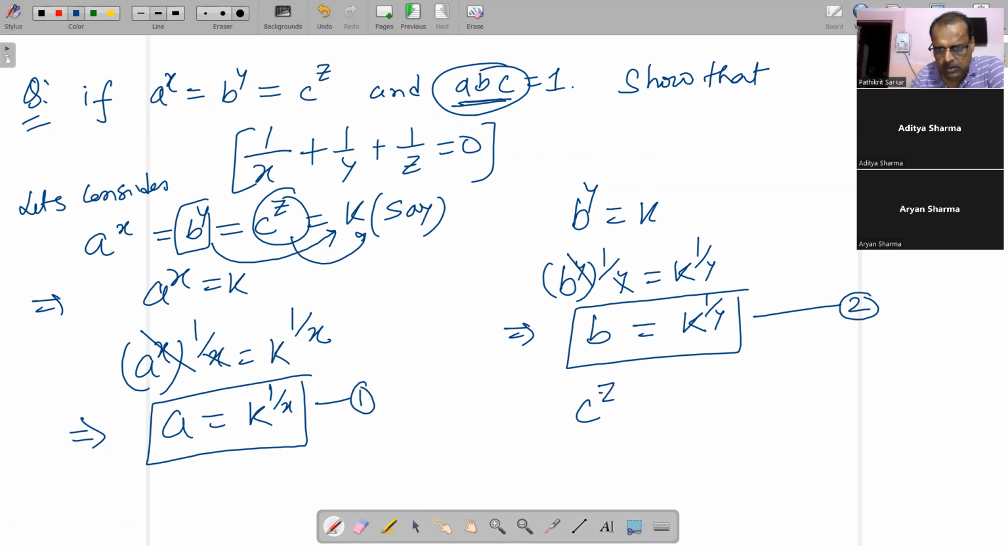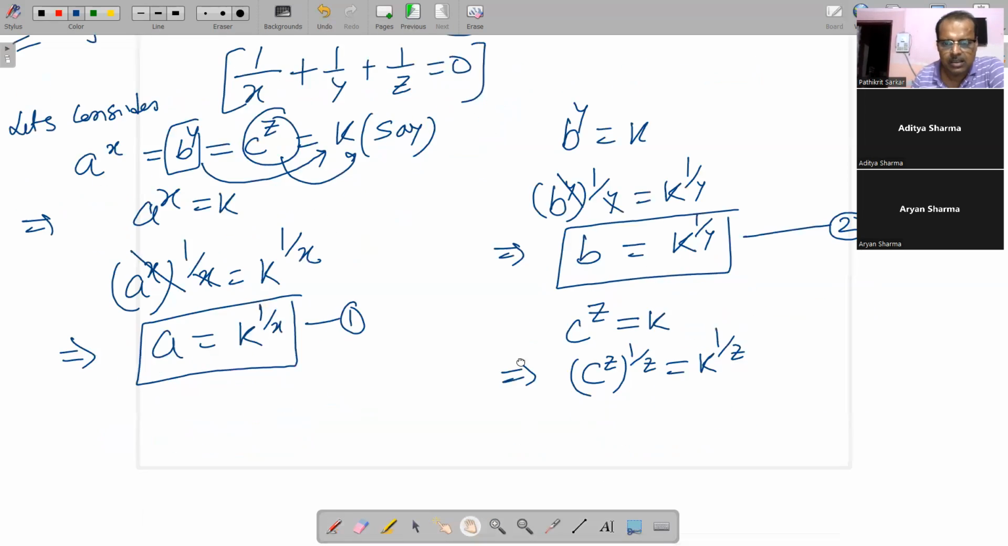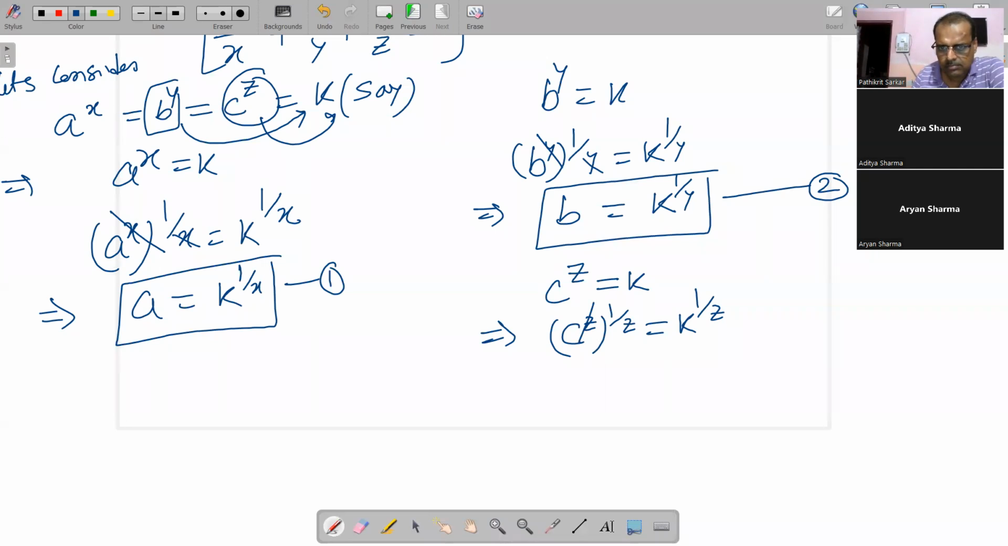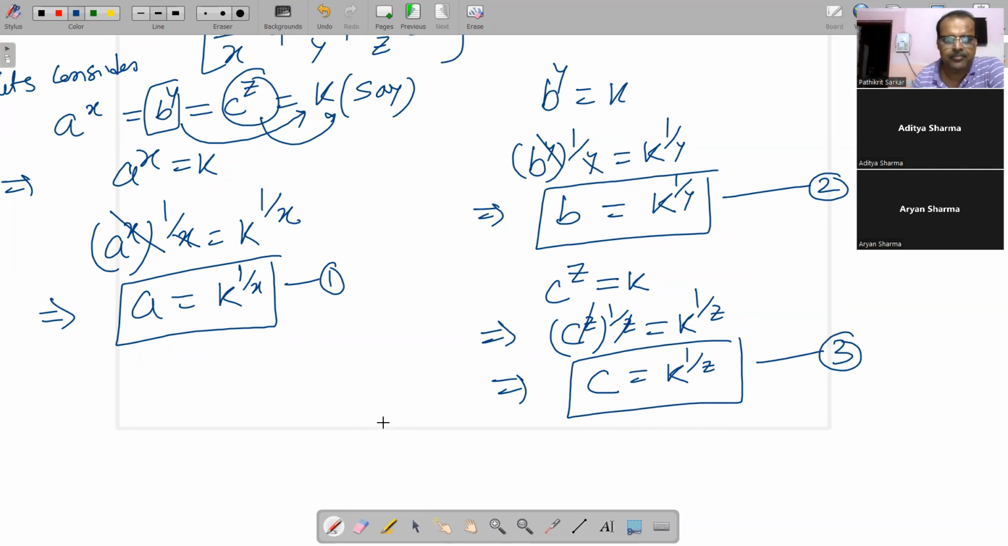उसके बाद c to the power z के साथ k को इक्वेट करो, दैट मींस यू राइट डाउन c to the power z is equal to k से, दैट मींस यू कैन राइट डाउन c to the power z के ऊपर 1/z डालो। सो अल्टीमेटली इट कम्स डाउन टू k to the power 1/z। सो इसको अगर कट दो, so it comes down to c is equal to k to the power 1/z। सो इसको इक्वेशन 3 में डालो।